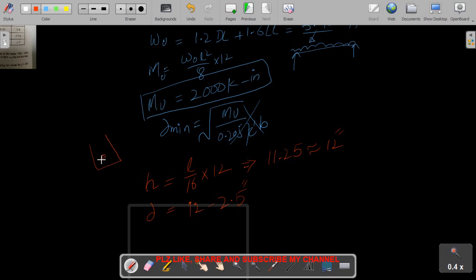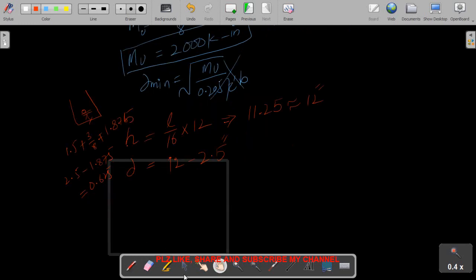Let's say here is my bar, here I have a stirrup, so 1.5 inch is my clear cover plus 3 by 8 is my stirrup diameter plus here I'm assuming, let's say this will give me 1.875, I think so. So 2.5 minus 1.875, it will give me